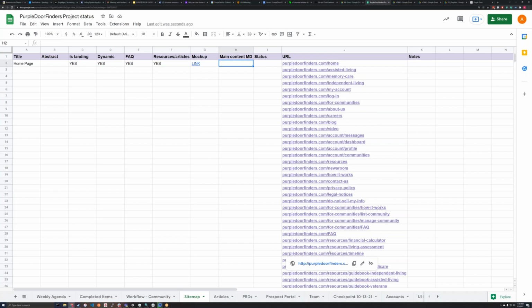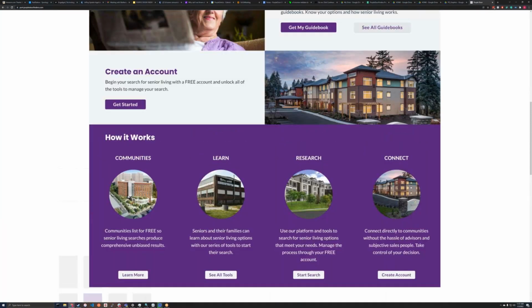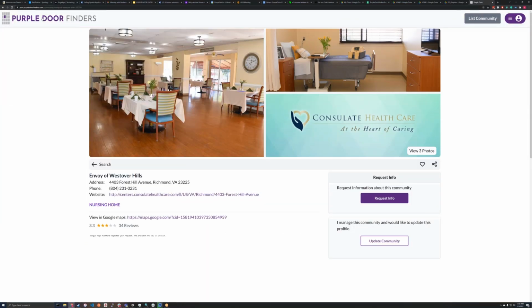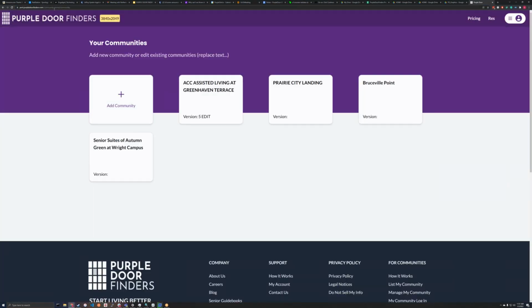Right, but doesn't the framework at the top, it's either a white header indicating that it's for users, or a purple one, which indicates communities. I think we need to say which kind of framework the different sections need to be. URL. If you go to here, you'll notice as you're going around as a prospect, if you look at the URL, but as soon as I go into a community, I will have community portal at the beginning of it.